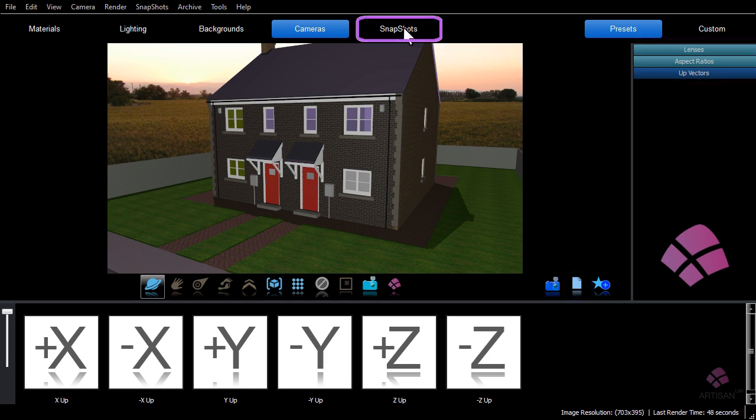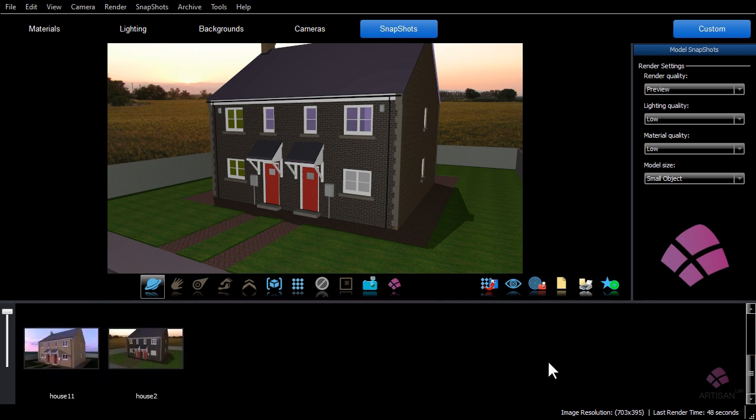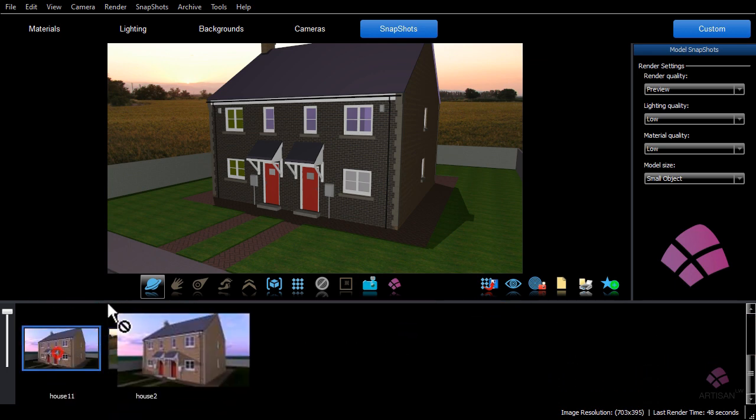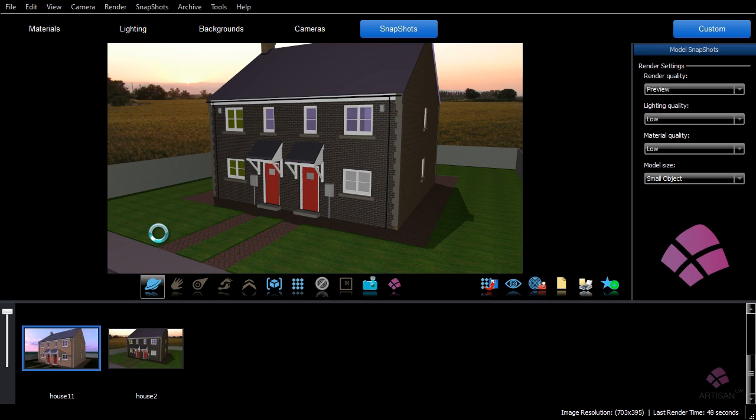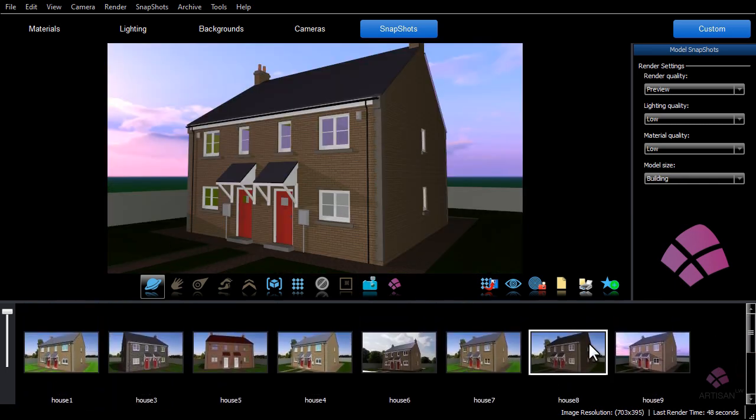The Snapshots tab is where your renders can be viewed and all of the settings of your scene can be saved. Click the Snapshot button to capture the details of the current scene in a snapshot. A snapshot is like a save file of all the elements of the current scene that will allow you to drag and drop different configurations of the same model into the scene.